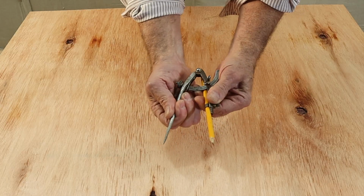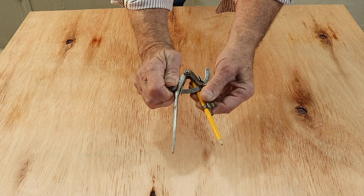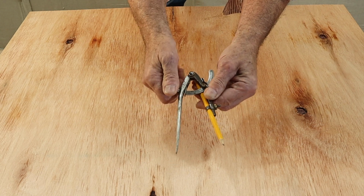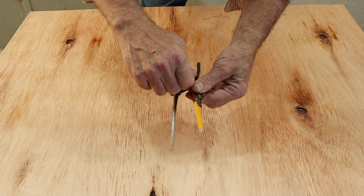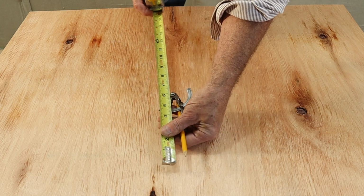What's nice about this is it has a micro adjustment. You can get close, lock it up, and then you got this little thing right here. Well, maybe you don't lock it up. Yeah, you do. Get with it, Herrick. So then you can turn this and it will go just a little bit. You can really dial this thing in. All right. So yeah, these are measured this way, I believe. This will be a 6-inch